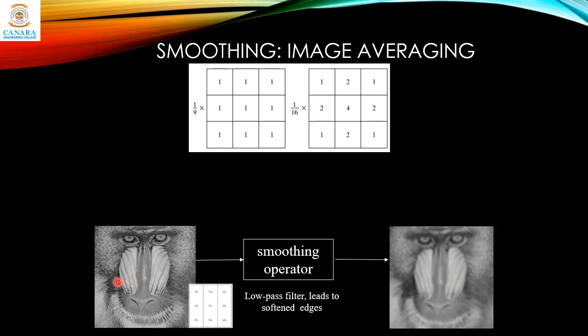And you can note here the input image is quite sharp. All the details are clearly visible. The difference between the bright and dark is clear here. The eye looks sharp, and even the whiskers you can see clearly. But in the processed image, you can see it's blurry. So this is the effect of using a smoothing filter. It makes the image blur.